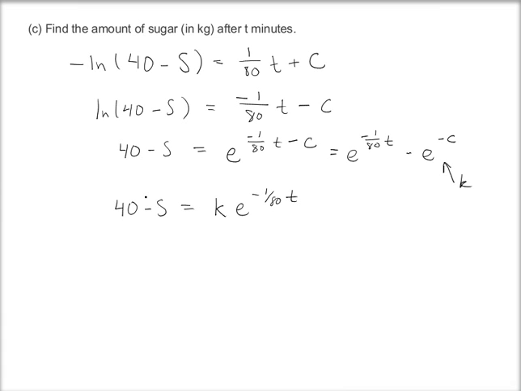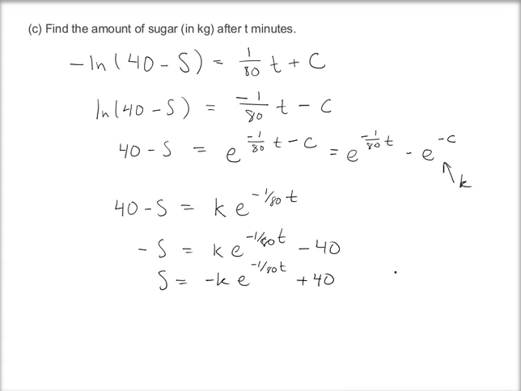Alright, so we're getting close here. I just need to move the 40 over to this side. So negative s equals k e to the minus 1 over 80 t minus 40. And then multiply by negative 1. s is equal to negative k e to the minus 1 over 80 t plus 40. Alright, so we've got a formula for s, but I've still got my k in here,